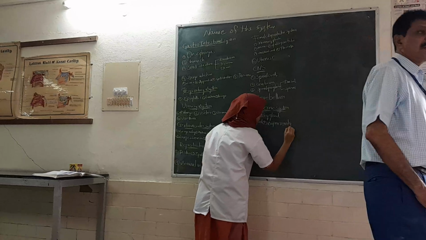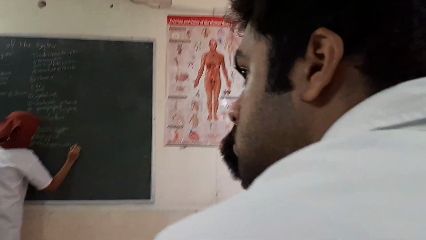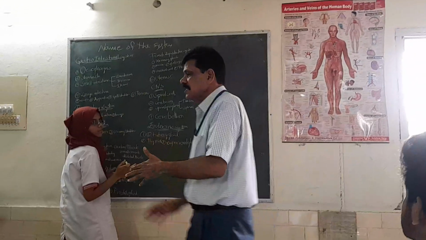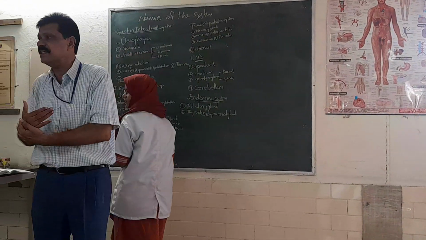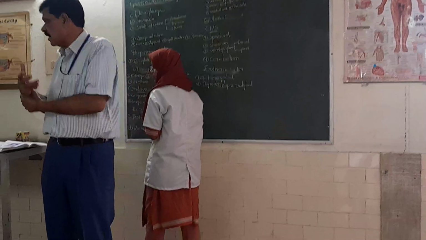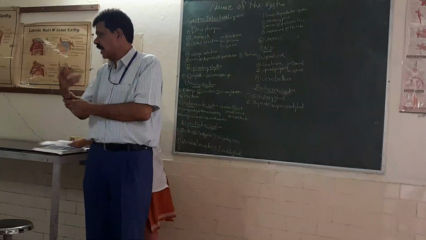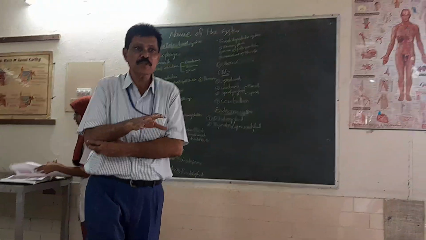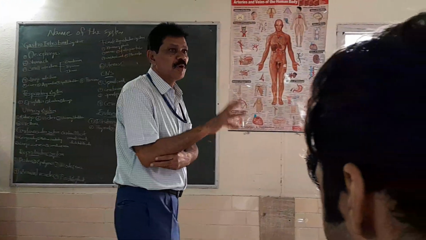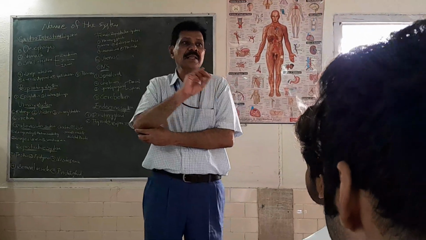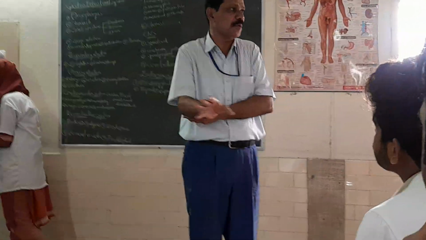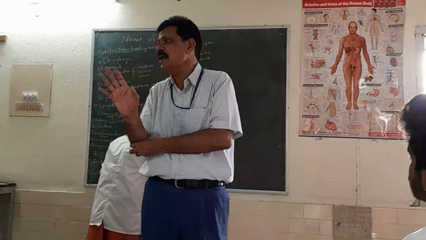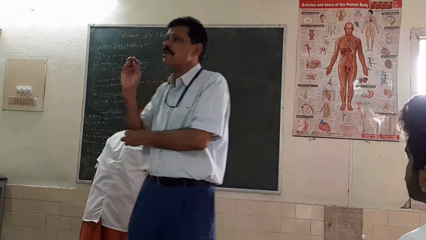Pituitary, thyroid and suprarenal. The parathyroid is on the posterior side of the thyroid gland. But there is no special slide for the parathyroid. Only one thing you have to write: parathyroid secretes parathormone. It helps in calcium metabolism. Like that, only 1-2 words are sufficient for parathyroid. Thyroid only.